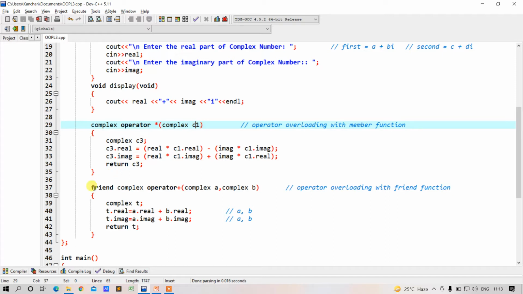In case of a friend function, both the values we have to pass explicitly, which we have accepted from the user.